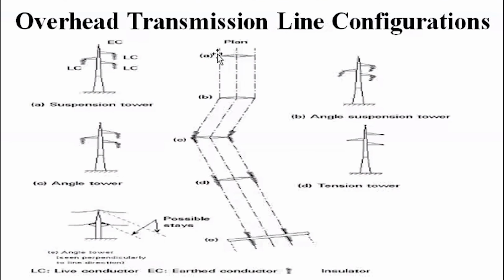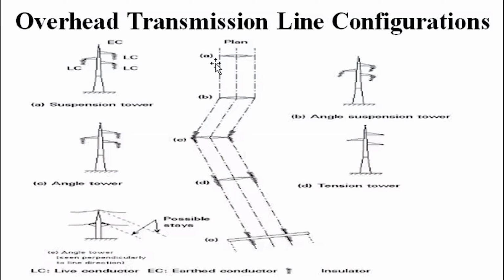See here, this is the plan. In this plan, you can see three dotted lines. Each dotted line represents a conductor. At the same time we have A, B, C, D, E. Can you see this? So if the path of the transmission line is like this,